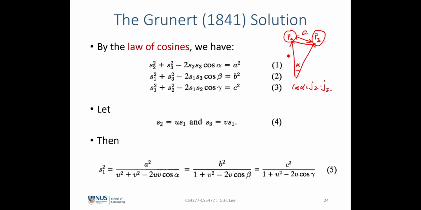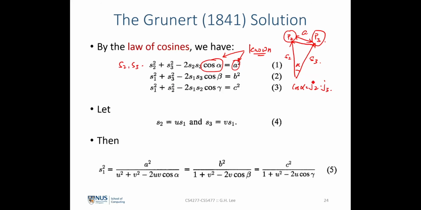And the two sides, whose magnitudes would be denoted by S2 and S3, are unknown. So cosine alpha here is a known value, and A here is also known. So these two here are known from the triangle, and the unknowns here are S2 and S3,